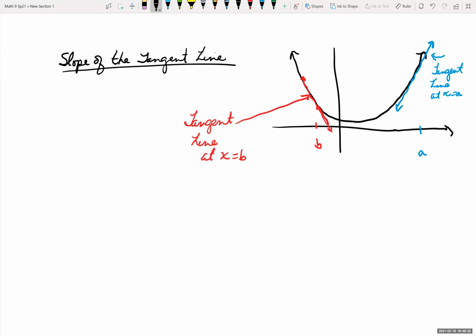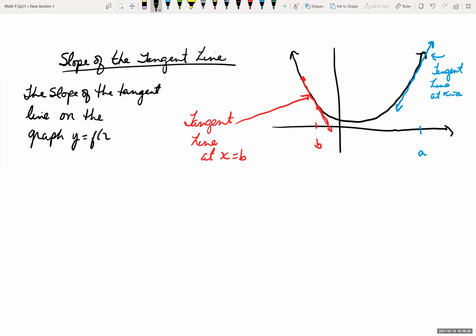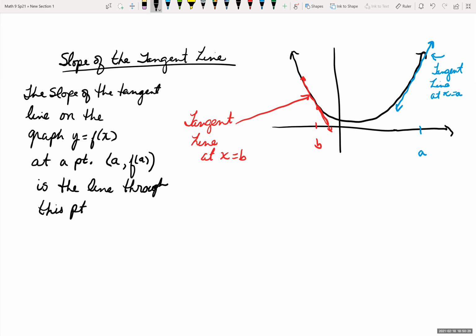So the slope of the tangent line on the graph y equals f of x at a point a, so when x is a, our y value, again, we could write it as f of a, is the line through the point having the slope